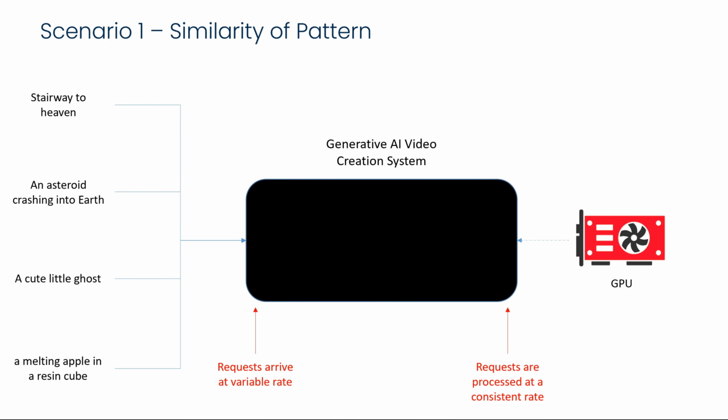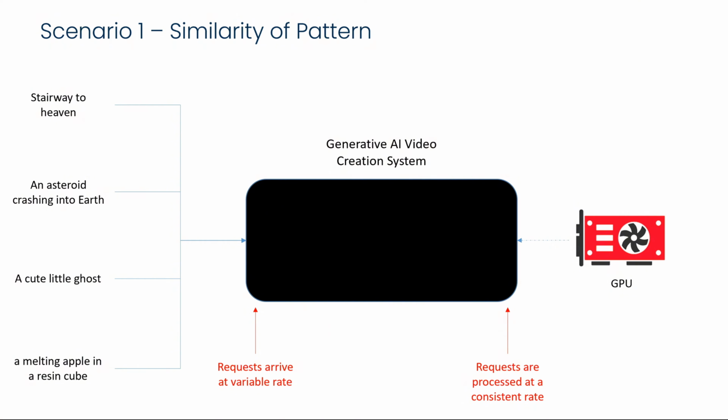This time around, we have a system or a solution for a generative AI platform, which allows users to create generative AI video just by inputting text. For example, a user comes up and says, give me a picture or a video for Stairway to Heaven or an asteroid crashing into Earth. So the requests once again arrive at a variable rate, but the requests are processed at a more consistent rate. So you see, once you understand one class of problem and you understand the solution, that solution can be reused